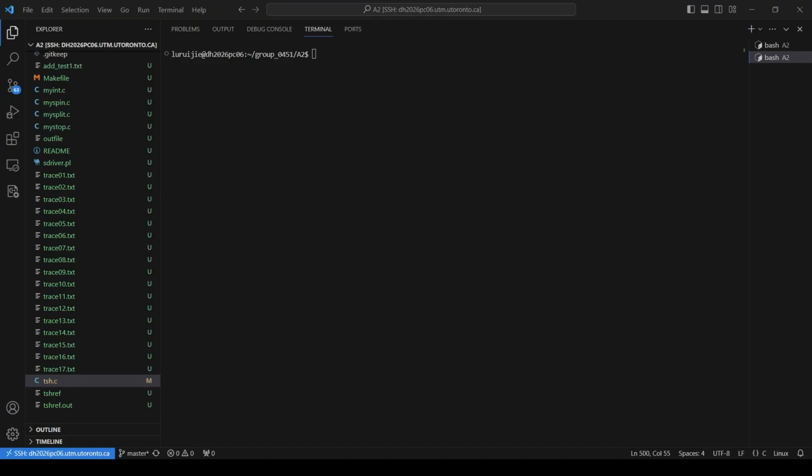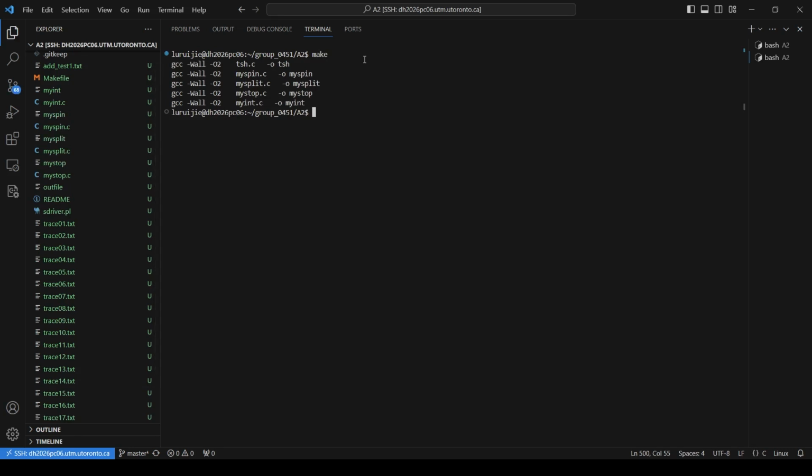This is Reggie. I'll be compiling the file and running the file. So first, as you can see, it compiles with no warnings. And now I'll be going